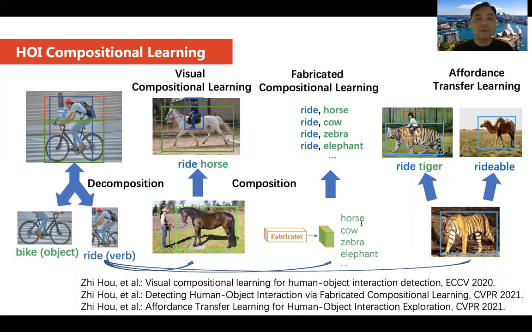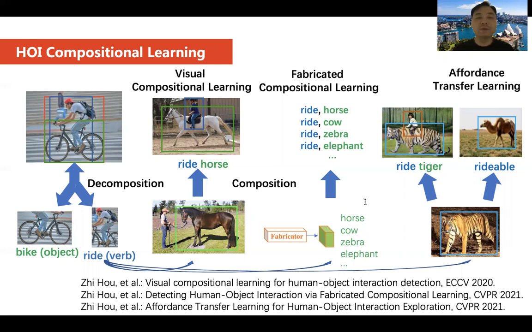First of all, we present a visual compositional learning framework to address the long-tailed and zero-shot challenge in HOI detection. The proposed framework first decomposes the verbs and objects from pairwise HOI images, and then composes novel HOI samples between the decomposed factors from the two images. The composite HOI samples effectively relieve the long-tailed and zero-shot issue. This visual compositional learning framework was published at IJCAI 2020.